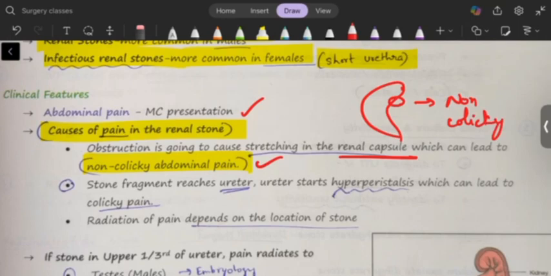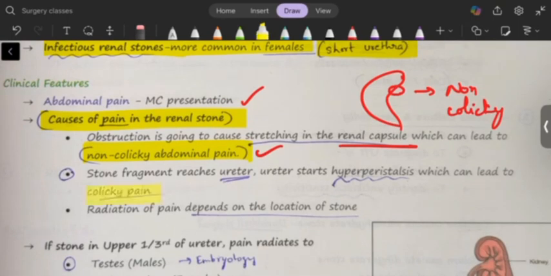If the stone is in the ureter, there will be colicky pain because the ureter is a hollow viscus. So when the stone fragment reaches the ureter, the ureter starts hyperperistalsis. Basically it is like a foreign agent to our body. So what our body will do, it will try to get the stone excreted somehow so that it can function